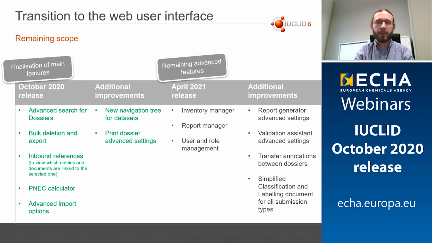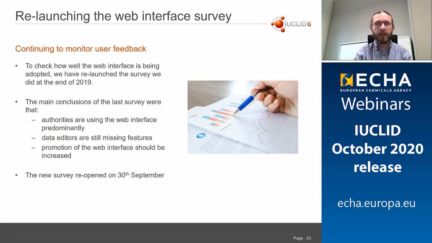Here on this slide, you can see the remaining scope that had to be implemented in the web user interface. In green are the main features that are included in the October 2020 release. And on the right side of the screen, you can see the three main features that we are working on to be implemented in the April 2021 release. And with them, we will be able to complete the transition to the web user interface. So what does this transition mean for you? We'll see that in the next slide, but first I wanted to point to a survey that we have started